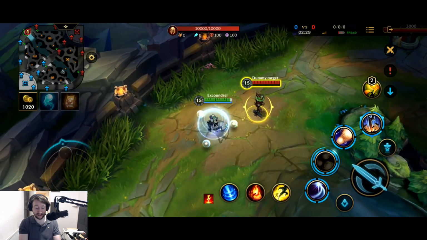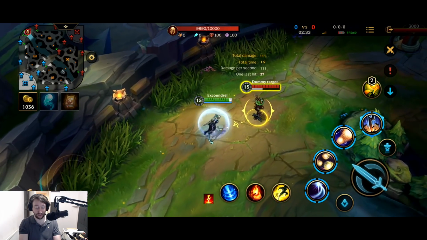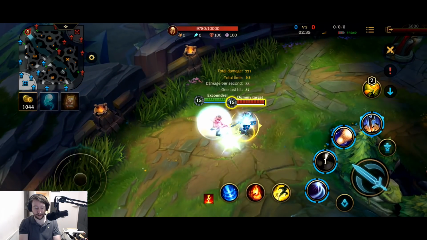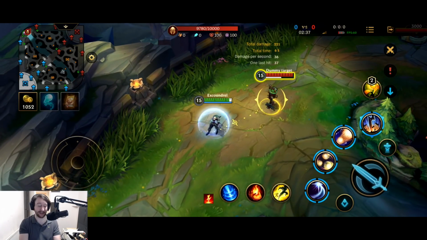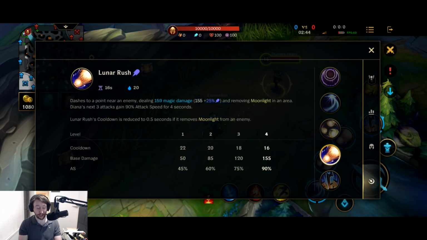You proc it like this. 1 sphere, 2 sphere, 3 sphere, and you get the extra damage. So you get the shield immediately. 1 sphere, 2 sphere, 3 sphere. They all deal damage, and then it increases the shield if you proc that third sphere. Very cool. Lunar Rush. Dashes to a point near an enemy, dealing 159 magic damage, scaling with AP, removing moonlight